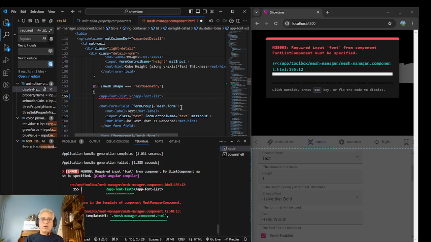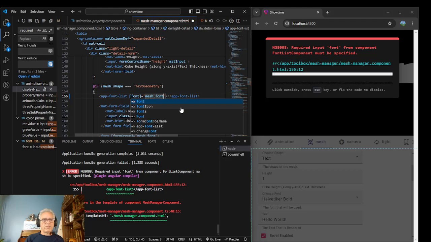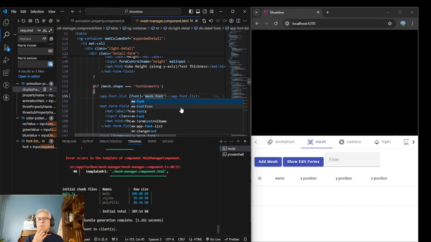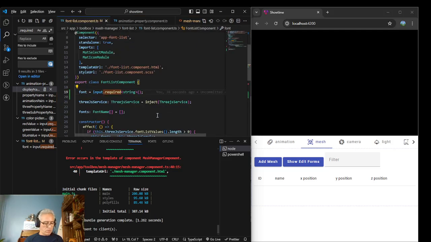So then we will say that font, and the brackets mean that it's tied to something, and then it is mesh dot. I believe there is a font, right? Font. And so that's happy. Now let's alt and left to get back over here, and in our template now,